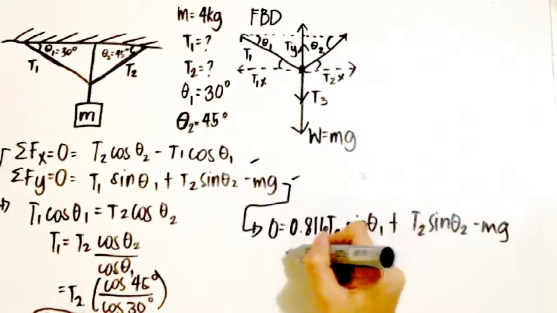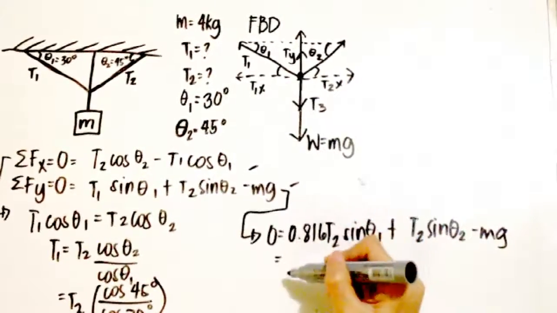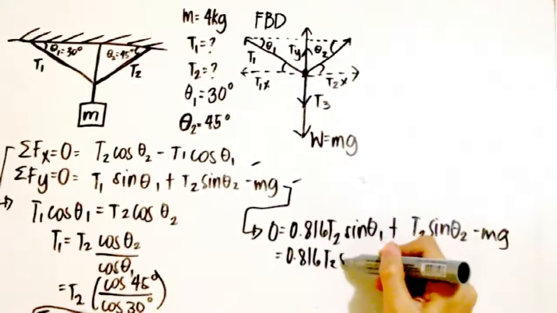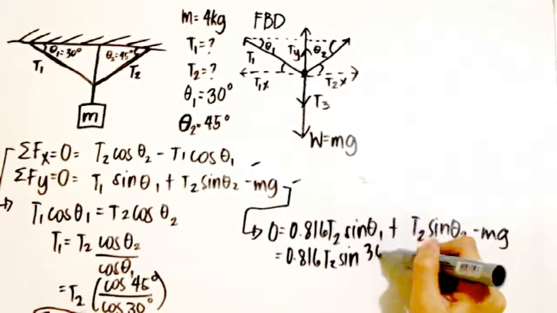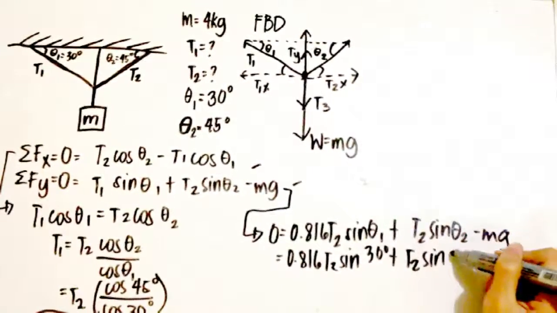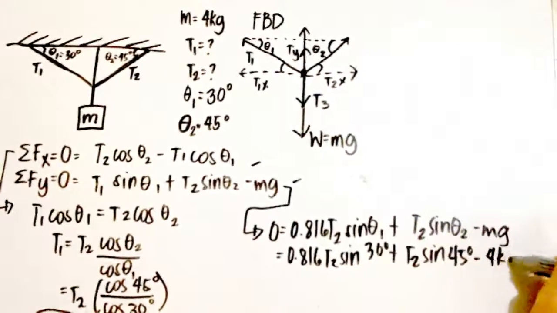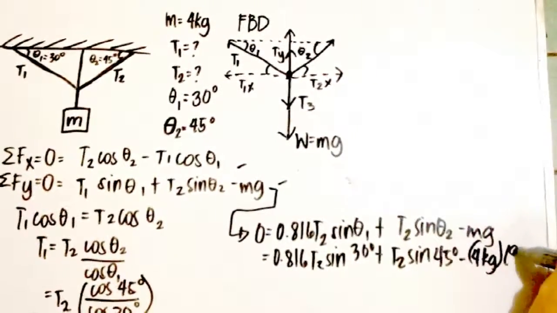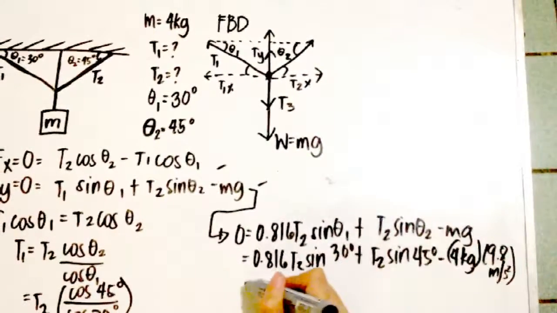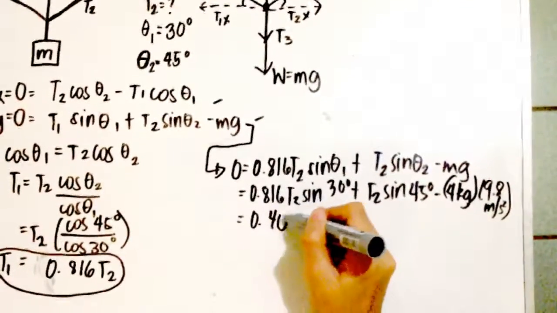So there, let's substitute all the sine theta, so 0.816 T2 times sine 30 degrees plus T2 times sine 45 degrees minus 4 kilograms, which is the mass of the object, times 9.8 meters per second squared, which is the gravity. Then let's compute it now. Then we'll get